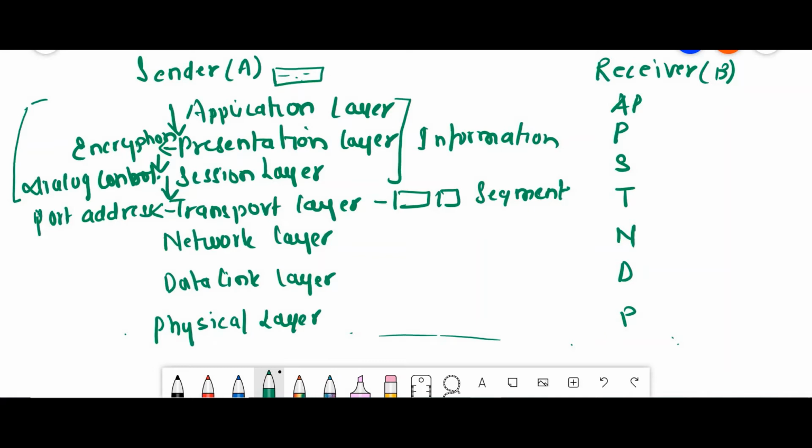The port address helps in choosing a particular process. For example, inside your system you have a number of processes, like Gmail and Messenger. Which process you are communicating with, whether you are sending a mail or a message, is decided by this port address. I will discuss this in detail in the transport layer. Remember one function, the port address, and other functions like multiplexing, segmentation, and whether the data is passed through a parallel or single path.